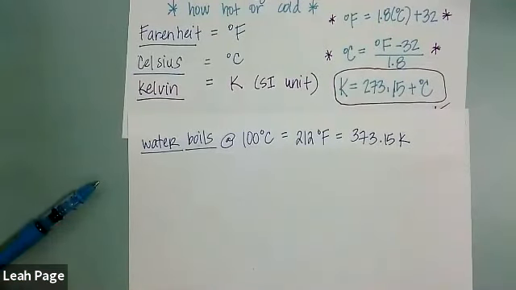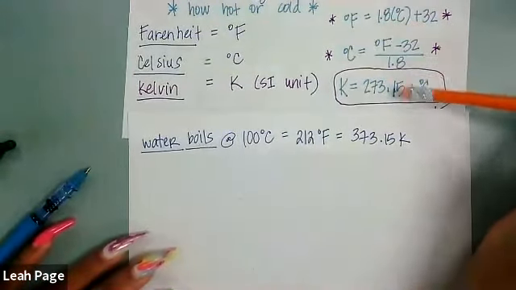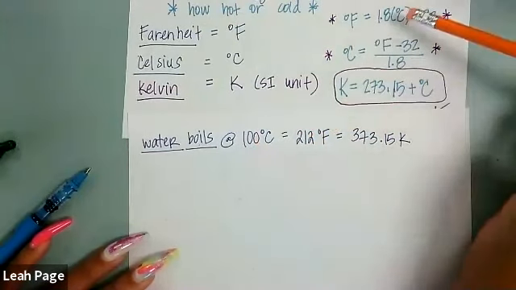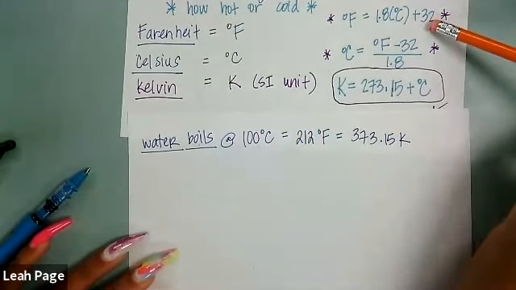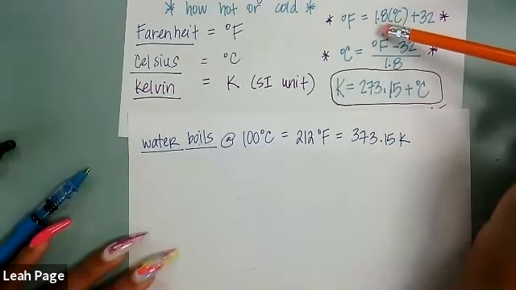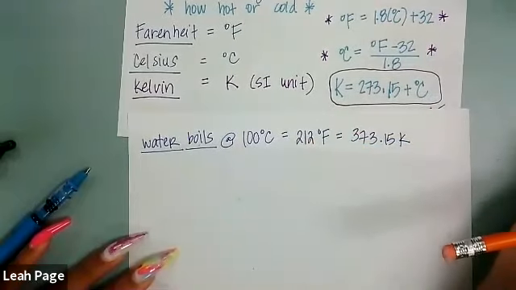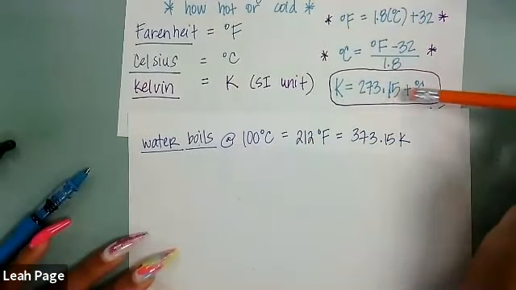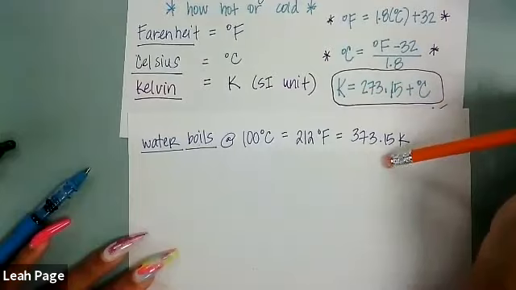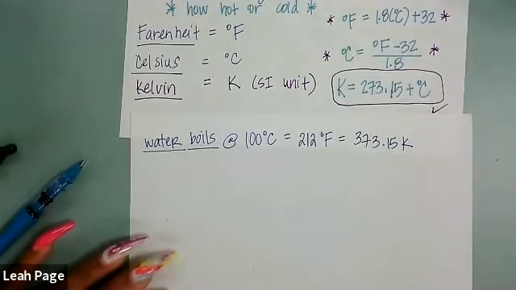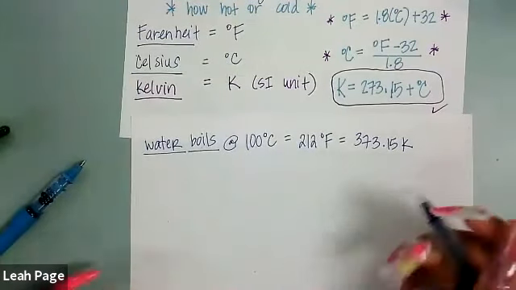Could you do that over for me? I kind of got lost there. Okay, yeah. I'm basically saying that I'm using these equations to convert. If I take 100 degrees and plug it into this equation, so if I plug in 100 for C, and then add 32 to it, I'm going to get 212. So 100 times 1.8 is going to give me 180, plus 32, it's going to give me 212 degrees Fahrenheit. Okay, gotcha. Thank you. Same thing for Kelvin. If I plug in 100 degrees here for this equation, if I add it to 273.15, I'm going to get 373.15. All right, so that's the temperatures in the different scales for when water boils.